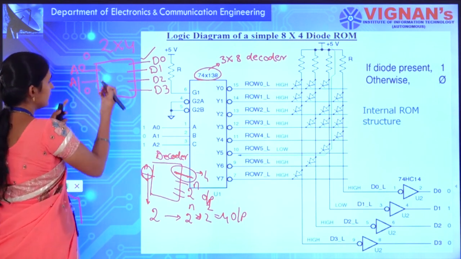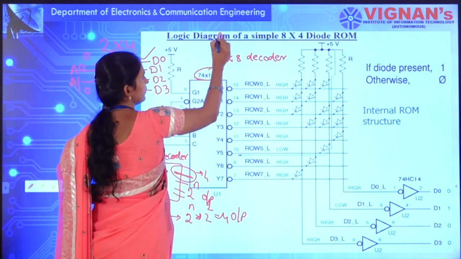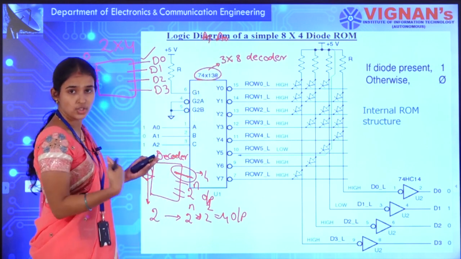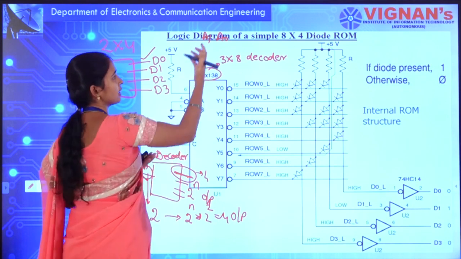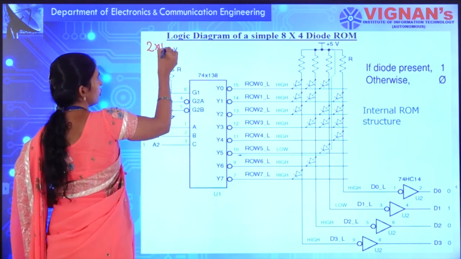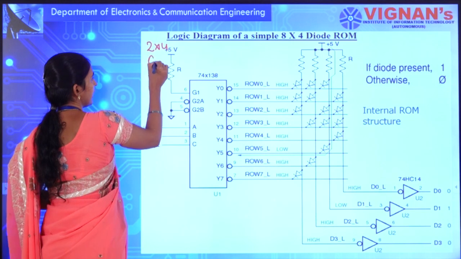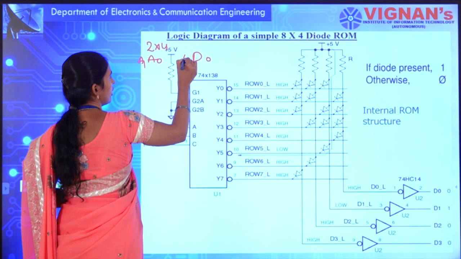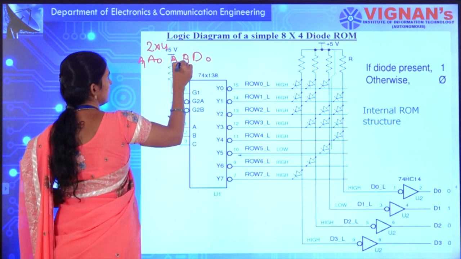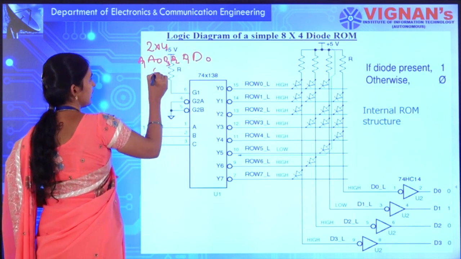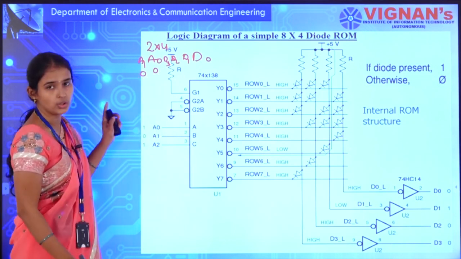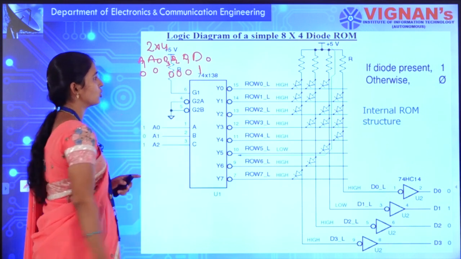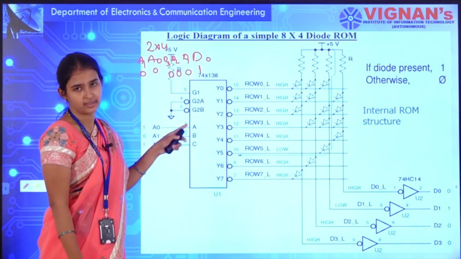Okay, that means see here, you are taking 2 inputs, that is nothing but A0 and A1. 2 inputs means how many possible combinations will you be getting? That is nothing but 4 possible combinations. A 2 to 4 decoder is nothing but it takes 2 inputs A0 and A1. It provides 4 outputs D0, D1, D2 and D3. That means if I provide 0, 0 input, only D0 will be high and all remaining outputs will be 0. This is for active high.